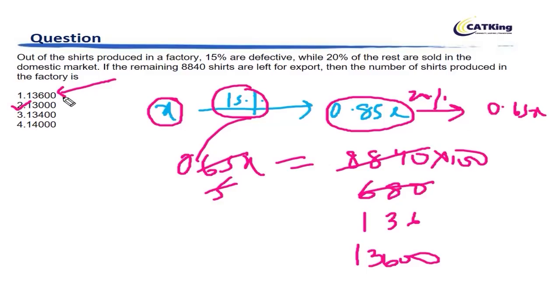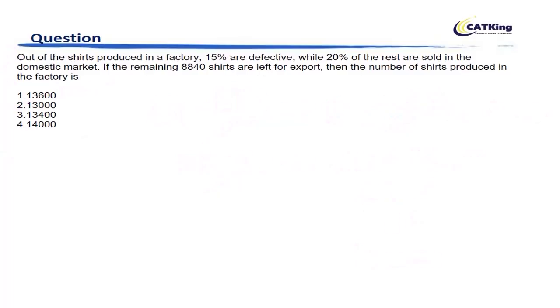So you have to realize the psychology of the people who are setting the paper also. You can't make a mistake in a simple question like this. If you make a mistake, you will find your answer and you will mark it, you will be happy going home. But your answer will be incorrect. So read the question very, very properly. That's the key input I have from this question. Okay, let's move on and see the next question.